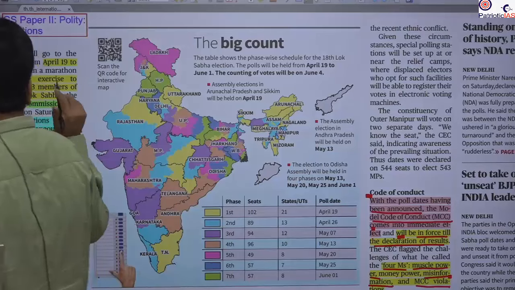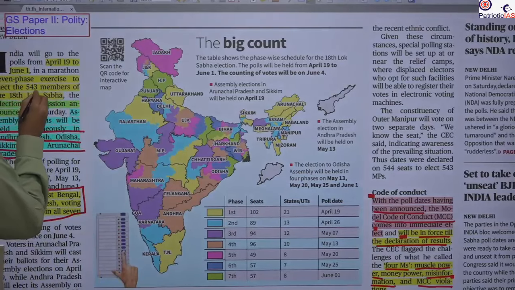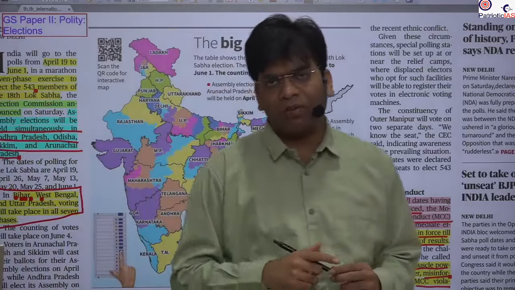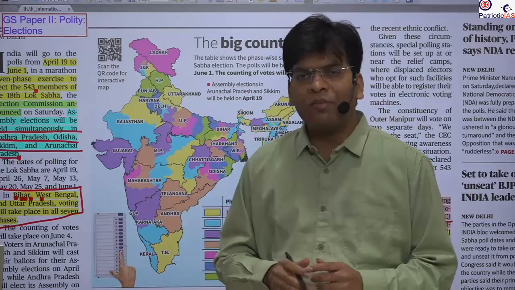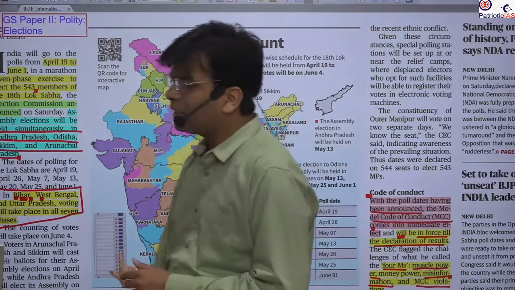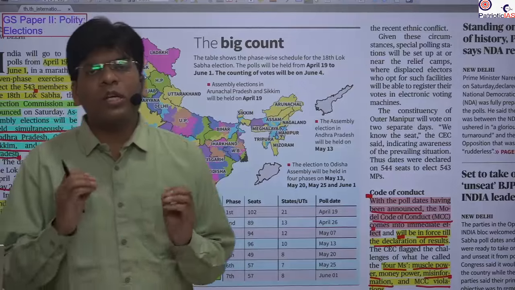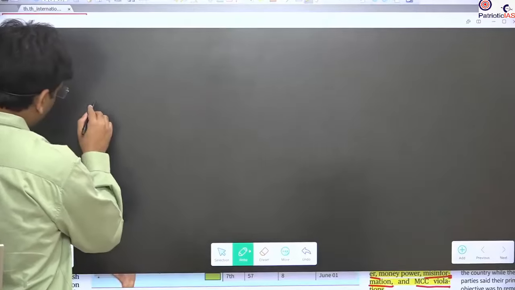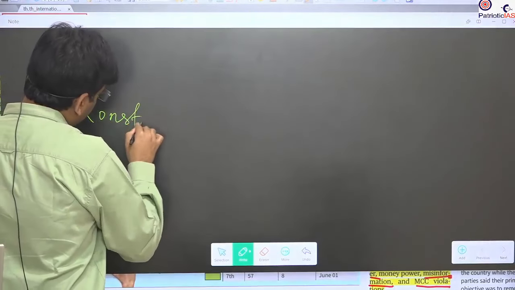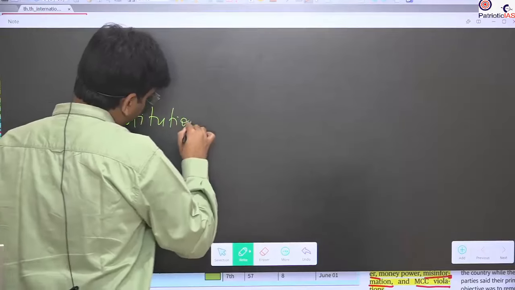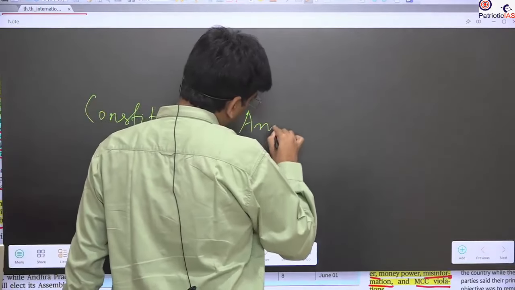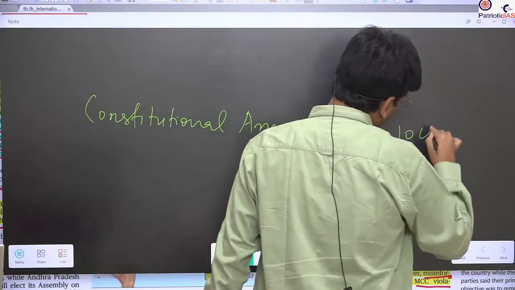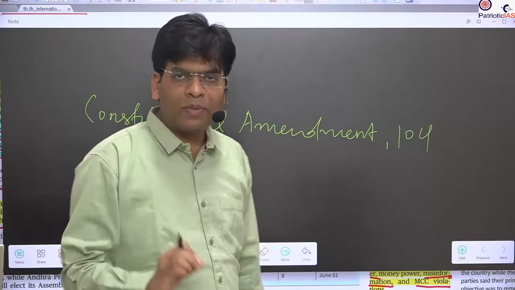Another thing you should remember is this. The number of seats is now 543. Previously, till the 17th Lok Sabha, it was 545. Why has it become 543? Because of Constitutional Amendment 104, which brought in two nominated members